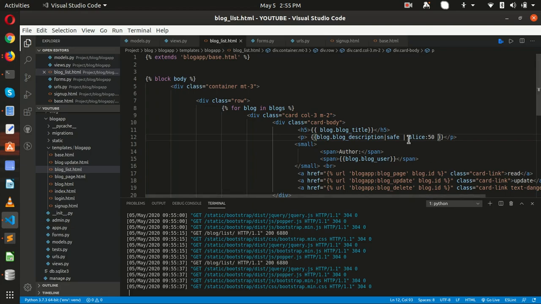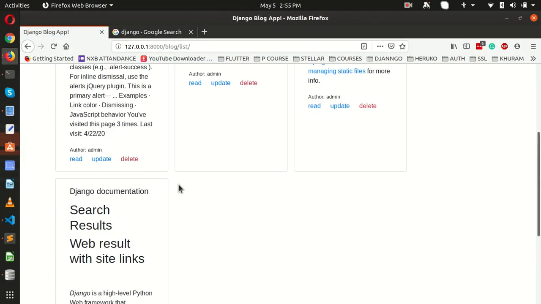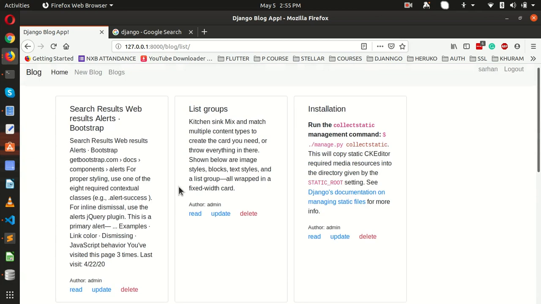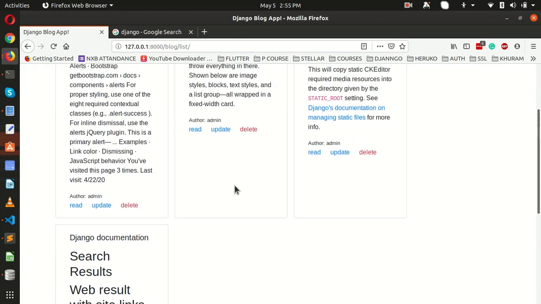Still the same slice. Okay guys, let's remove this at the moment, and we will check another way to implement that.